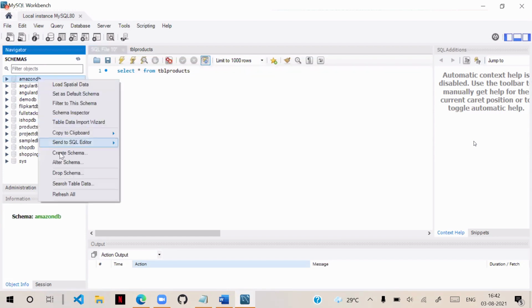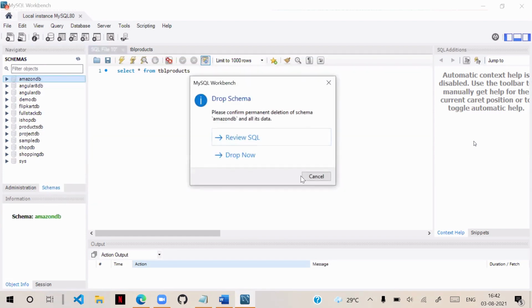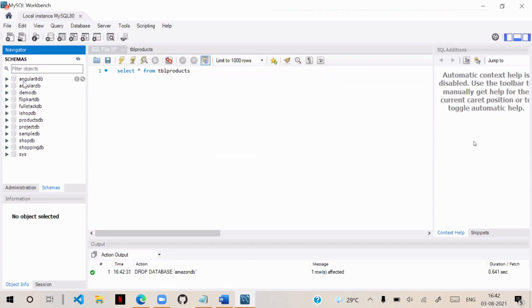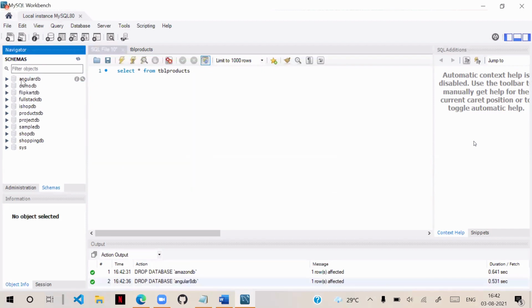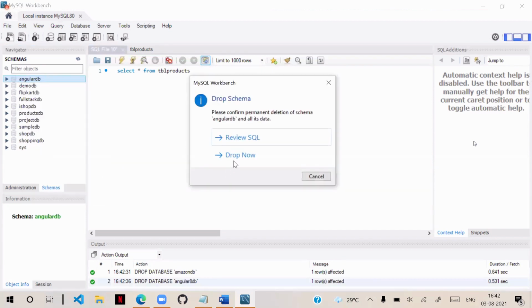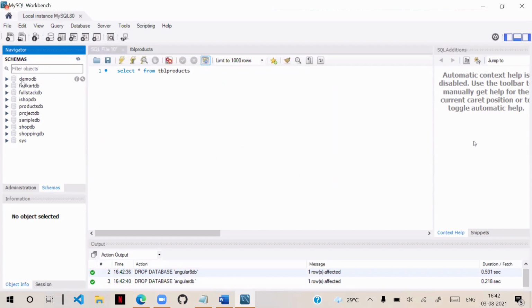So temporarily, I will drop the schema, just removing all these things I'm having so that it will be clear for you.